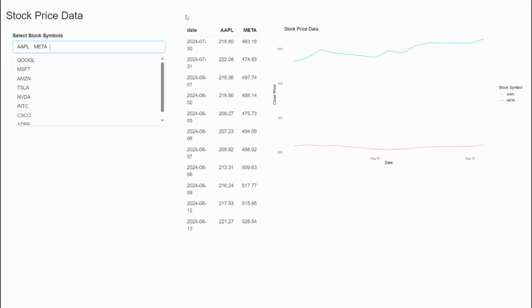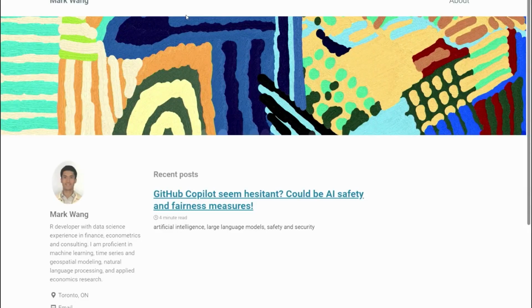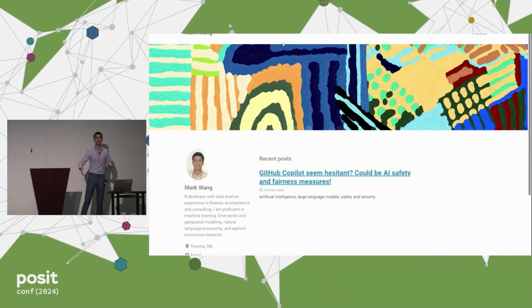Now, how about this one? Raise your hand if you think this is also a Shiny app. Okay, I see fewer hands. This is actually a Shiny app, but you are correct because this was not a Shiny app. It was initially created using another front-end framework, JCO, but then I used Copilot to convert it to a Shiny